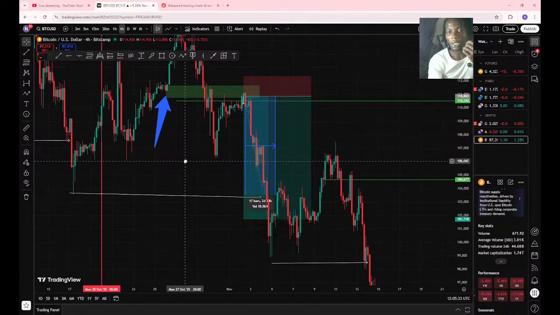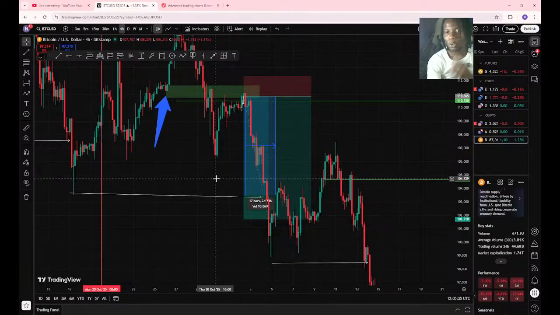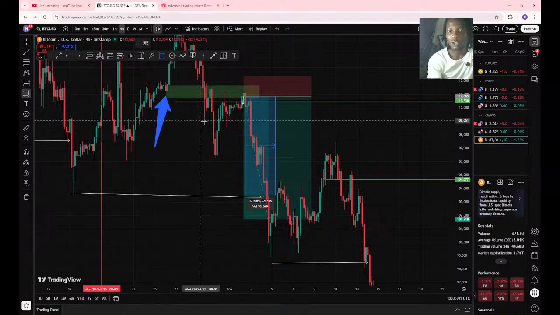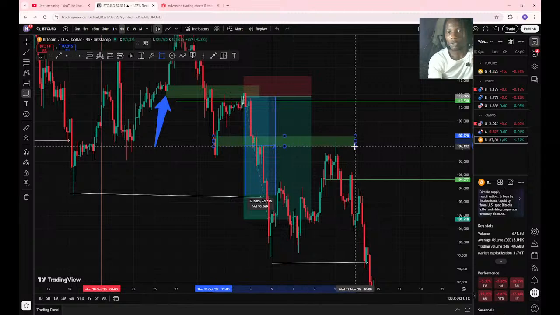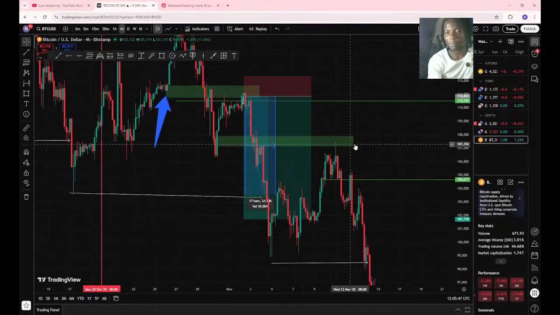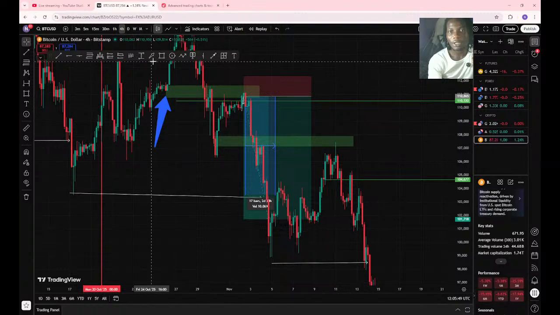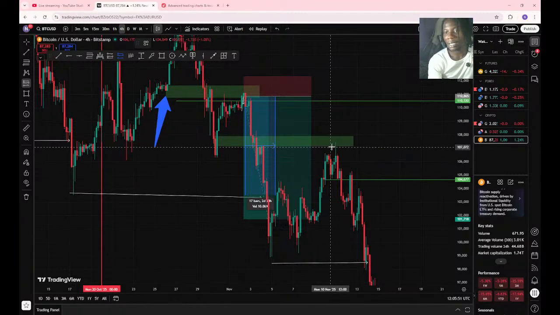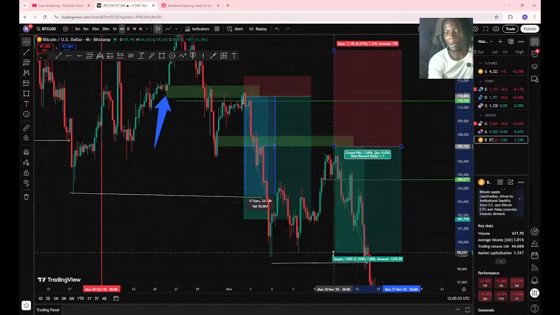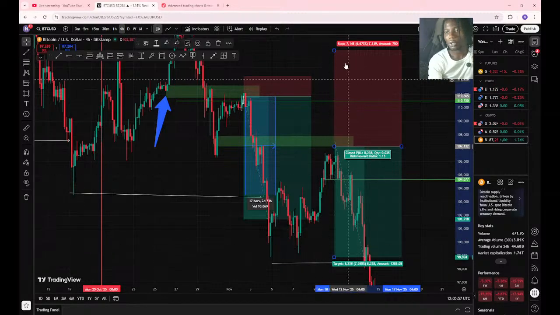What do you want to do again once price breaks major trend? Look for the last structure that breaks structure to the downside, then take your trade from there. This will be our last structure here, right? So this was our last structure before price broke structure toward the downside.